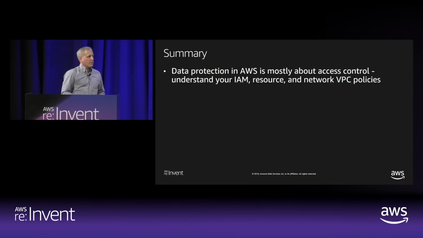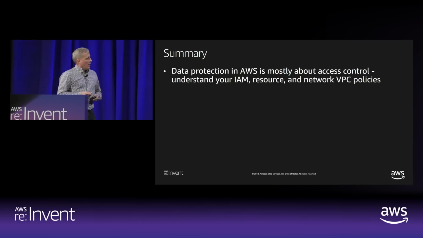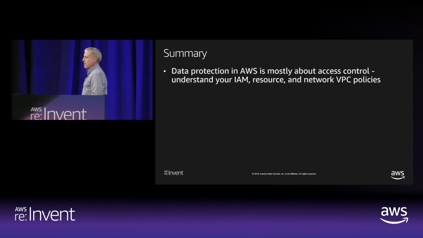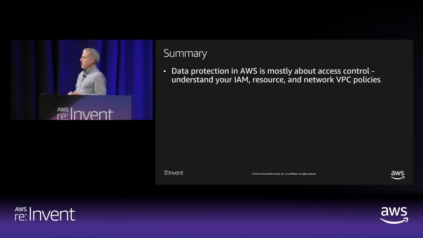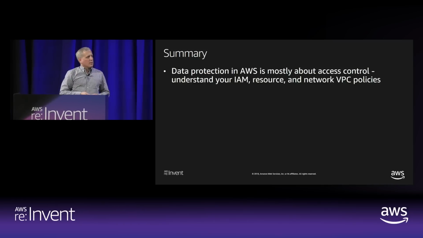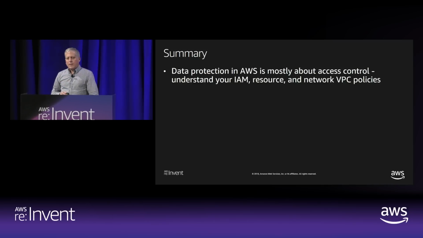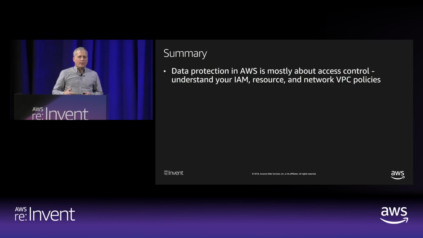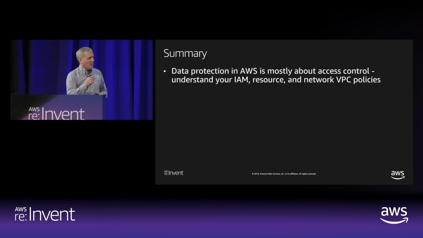We provide all sorts of assurances in our SOC reports that should give your own regulators and auditors assurance that we are doing the right thing. But the ability to read data and write data into your resources is entirely your responsibility. So you need to invest in understanding JSON documents that control access. The IAM team, if you've gone to some of their sessions this week, are always trying to find new ways to make it easier to get into JSON policy documents, understand the concepts, make changes.